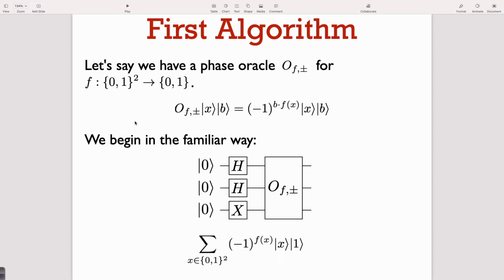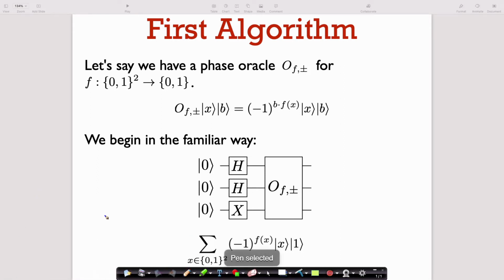And now let's see how we can solve this problem when f is just one of these 4 2-bit functions. We're going to start off in a very familiar way. We're going to create a uniform superposition on the first 2 qubits, and I'm just going to set the control qubit, this third qubit, to be 1. So I do this NOT here, and then we apply the oracle. After the Hadamards and the NOT here, we're just in the state,